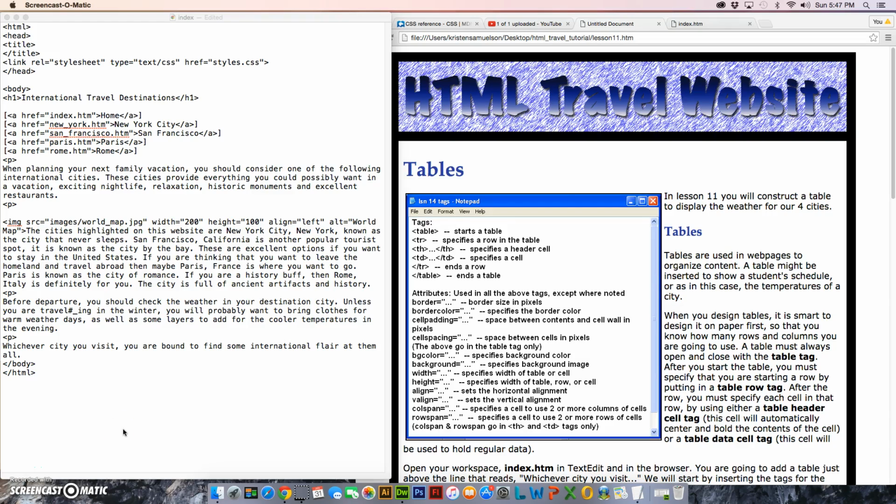Now we're going to add tables, or a table, to our website. Tables can be one of the trickiest pieces of coding that you put in, and really that's only because there are so many different tags and attributes that go along with it, and you can see that here. Whenever you put in a table to organize information, it always starts with a table tag and ends with a